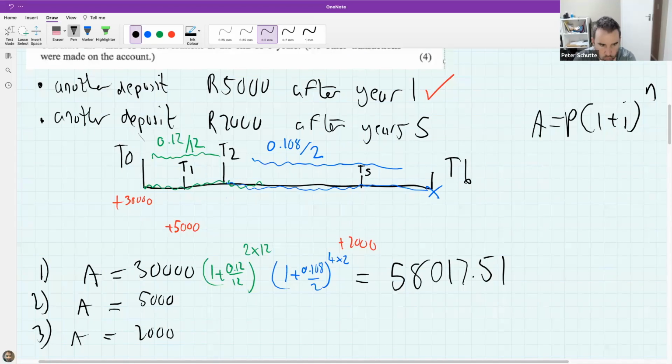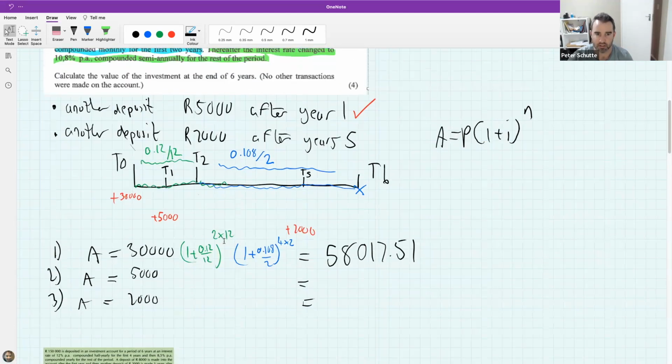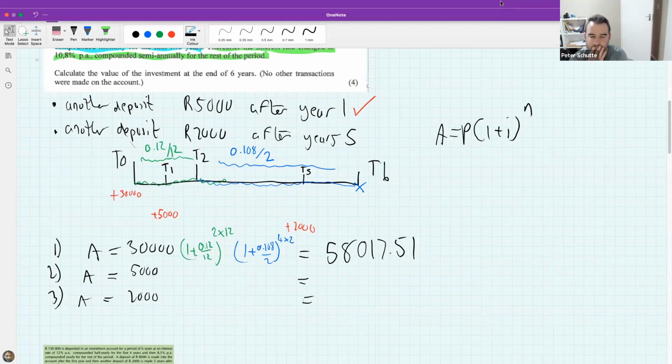I want you to figure out what the second deposit ends up being, and what the third deposit ends up being. Tell me in the chat what you get for the second and the third deposit. See if you can do it using the timeline that you have in front of you. Then we're going to take a break after that, because I think we've been working hard and our brains need some TLC. Ask yourself, what does the 5,000 have to go through to get to the end of the 6 years?